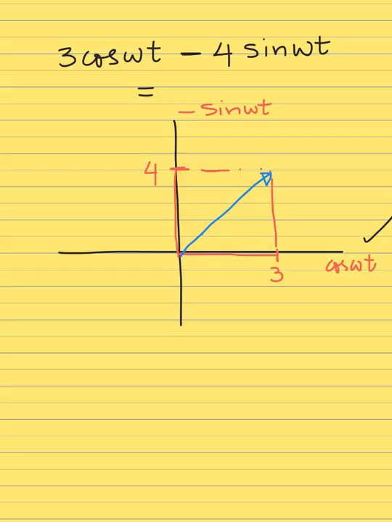And you can use the Pythagorean theorem to calculate its amplitude, which is the square root of 4 squared plus 3 squared, which gives you 5. And this angle theta, you can calculate based on the definition of tangent theta in terms of any two of the sides. Let's say we use tangent, so theta is going to be tangent inverse, the height is 4